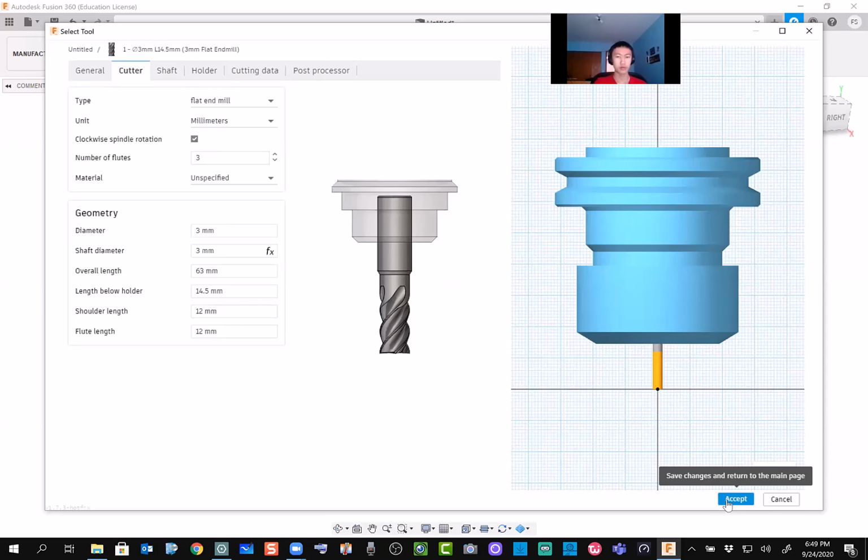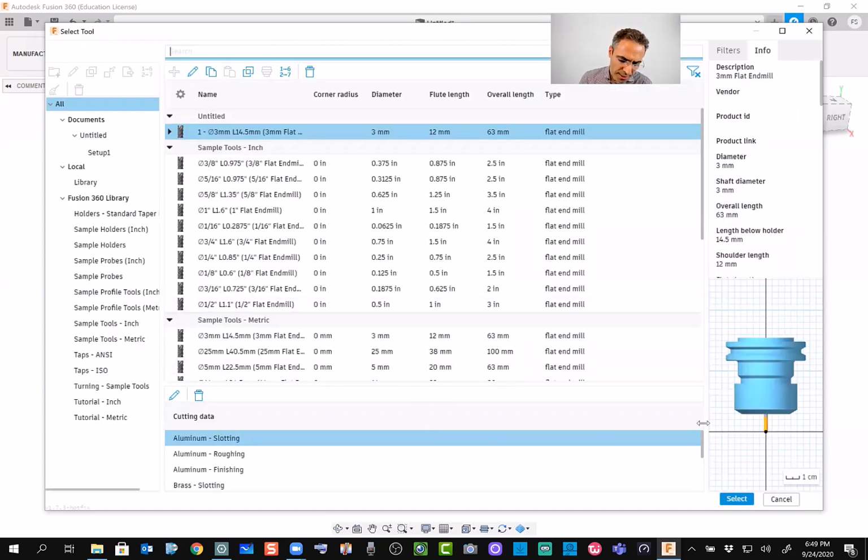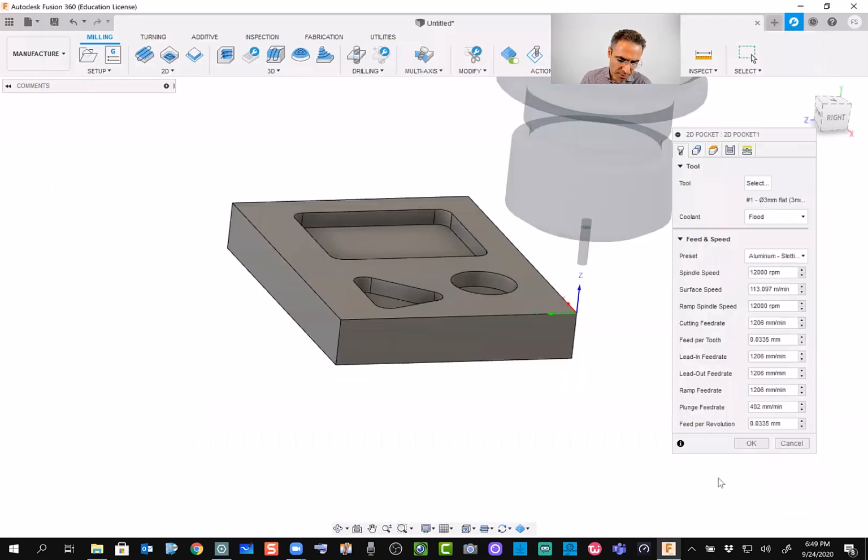Okay, so let's select this tool and say we are happy, but later please play with it and select different tools and see what happens, okay? Then we need to decide on two things here. That's where the vibration and stability law comes into play, okay? For this project, I already told you what the speed and the feed speed and the RPM should be. But in practice, you decide on the spindle speed, like the RPM,